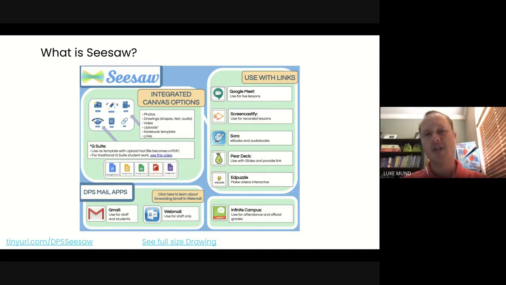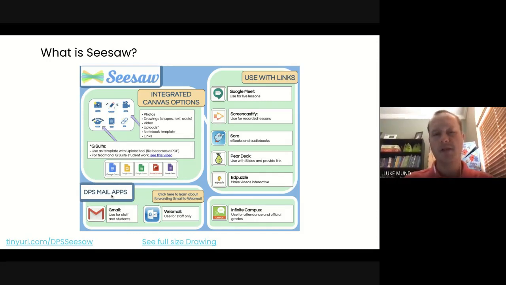And our checkouts for ebooks and audiobooks have been just going through the roof as our students are accessing libraries just digitally now. And if your school is a Pear Deck school, or if you want to use Pear Deck for free, you can just drop those Pear Deck links into Seesaw as well.